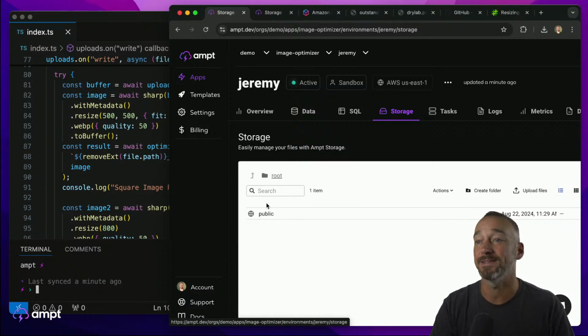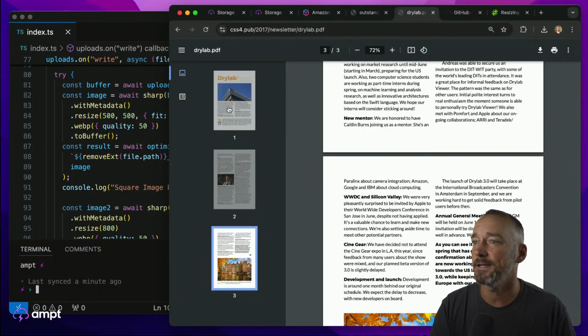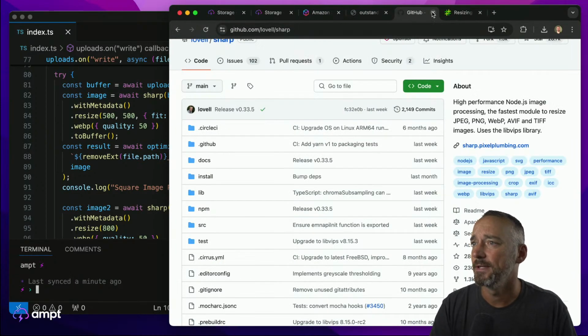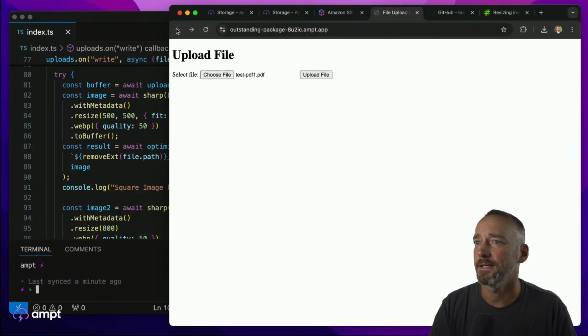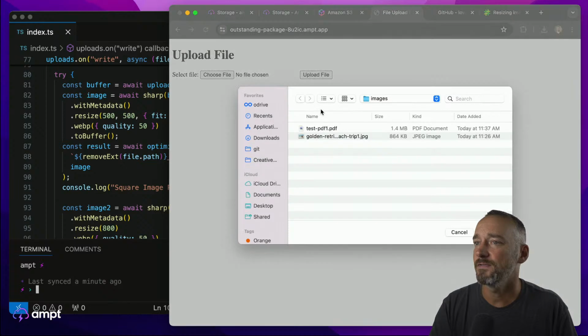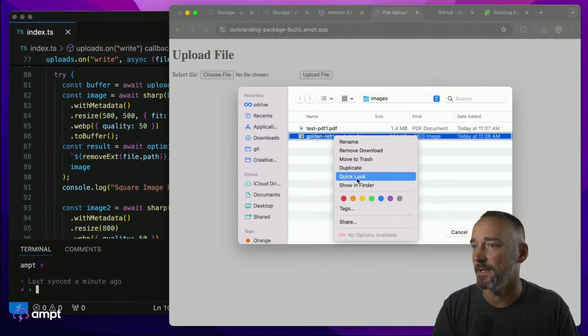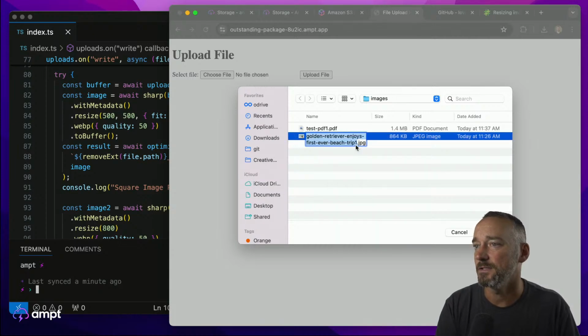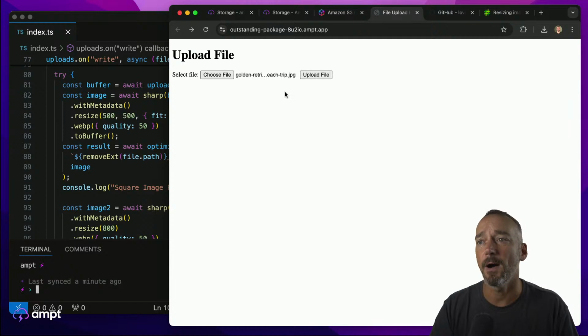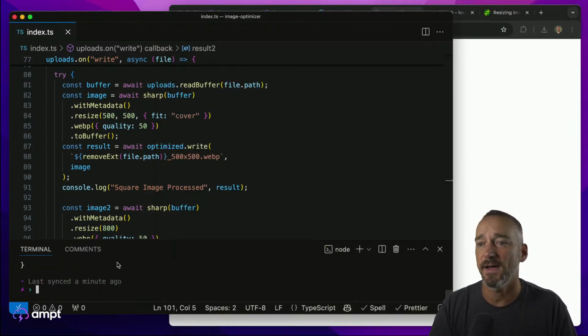All right, so what should happen now is if we upload that golden retriever photo. So we'll go back here. Nope. Go back here. Go back to uploaded. I'm going to choose, refresh this. Choose file, and we're going to grab this golden retriever one again. I am going to rename it back to our original name just so that we have it, and we'll click open. All right, so now we're going to upload this file, and this should upload just fine, and then this